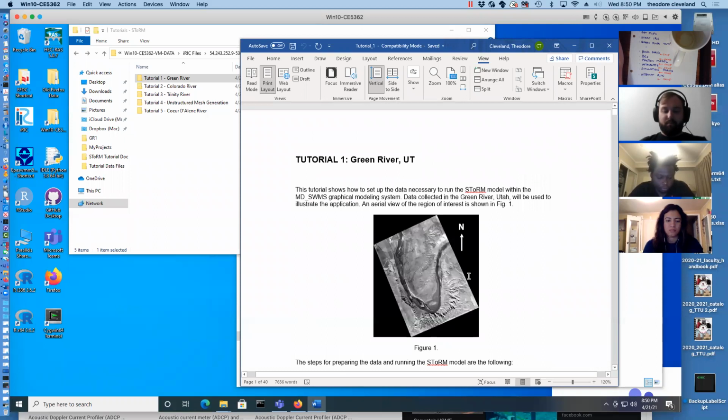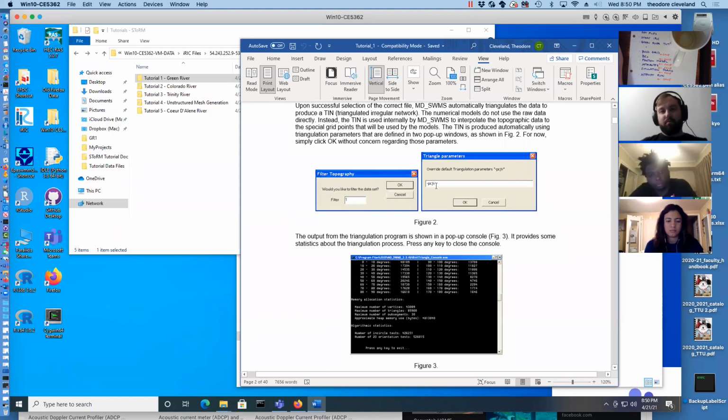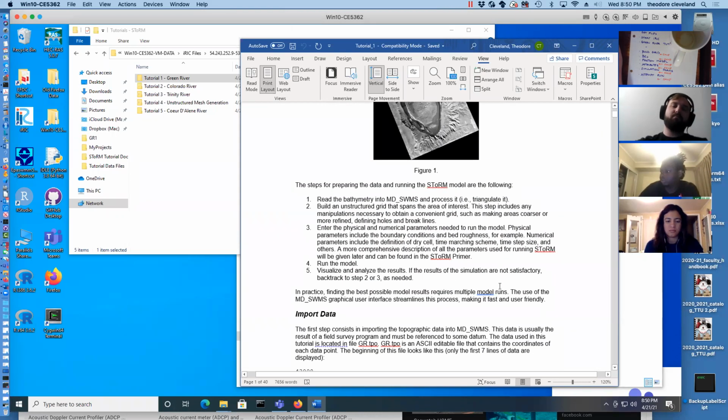The other thing I'm going to do, as I'm going through this, is point out the differences, because, for example, these particular dialog boxes don't appear that way anymore. Okay, so the steps for preparing the data are reading the bathymetry and then processing it, building the grid, entering the minimal parameters needed to run the model, and those are boundary conditions and friction, picking some reasonable values for some of the time stepping stuff, running the model,